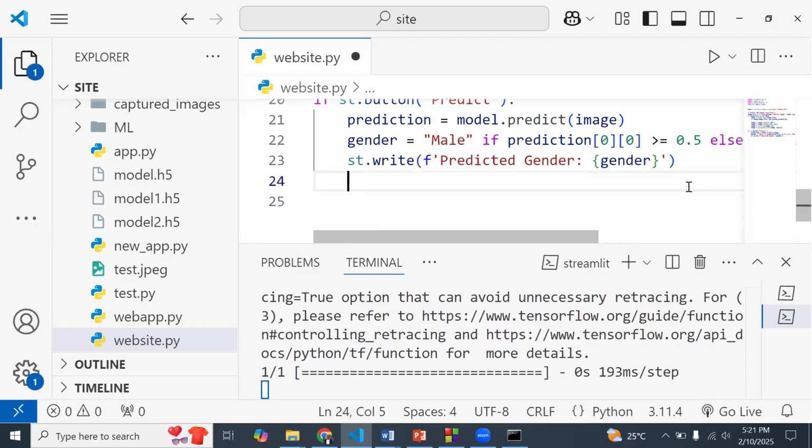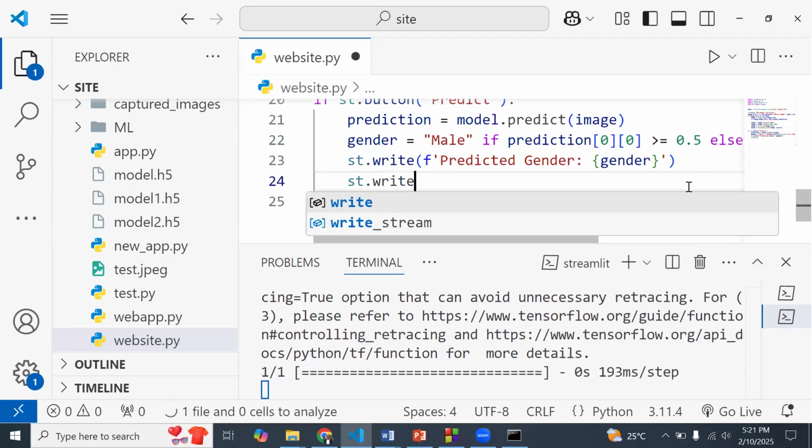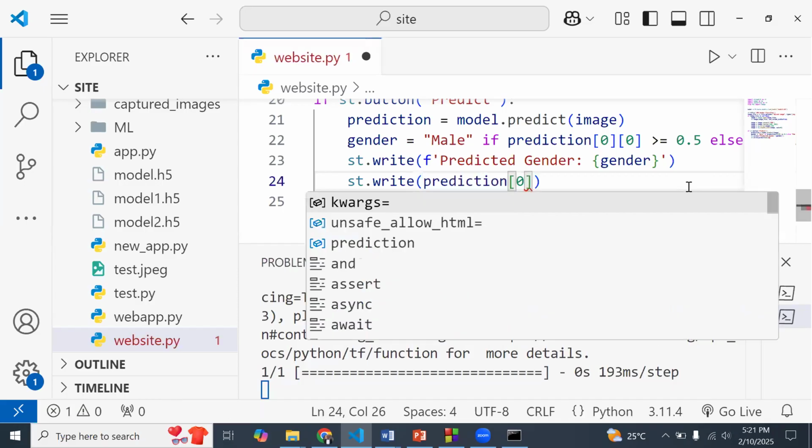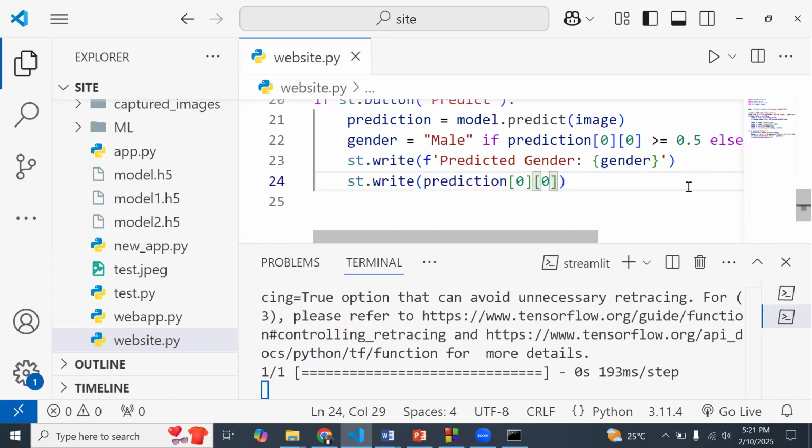For this one, let me just do st dot write another one, and this time I just want to get the actual prediction value, just like that. Okay, so let's come back here.